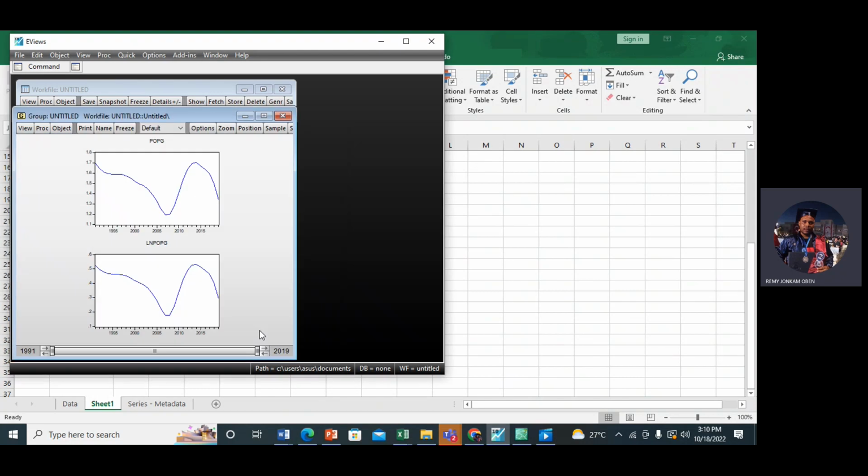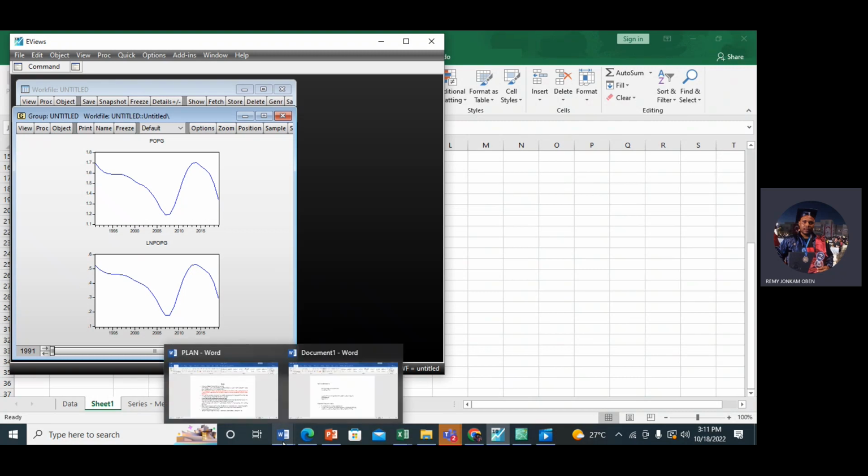You discover that it is the same. This is the population growth series, and this is the log of the series. The graphs are similar, they are almost the same. So don't feel that if you take the log transformation, it will change the structure. No, the structure will be more or less the same. But